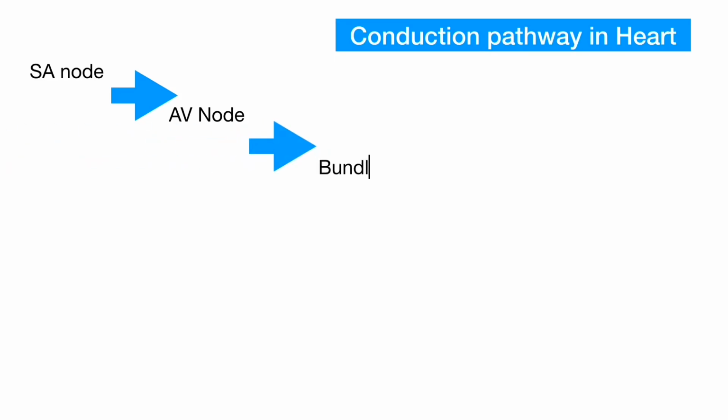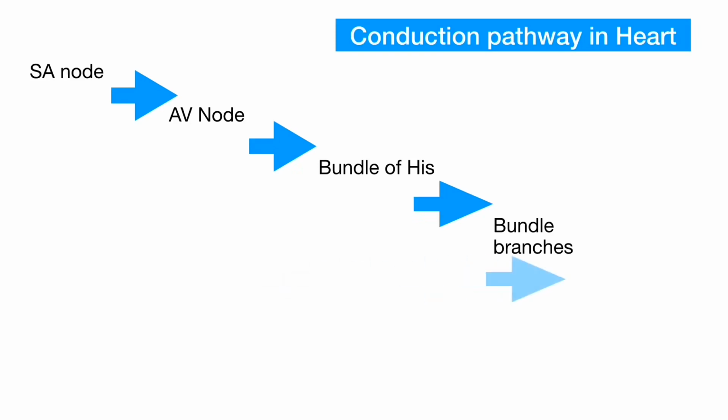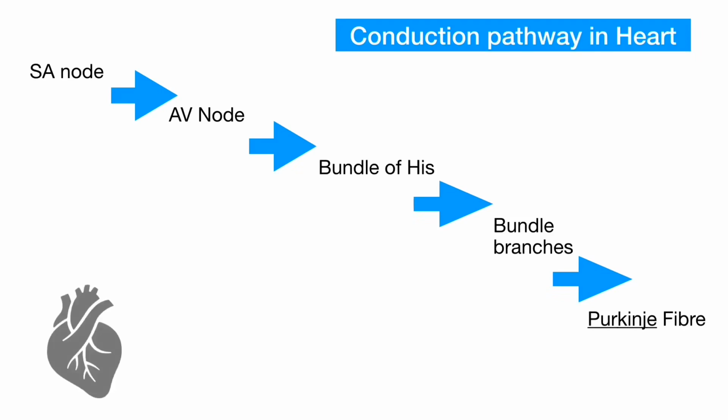In our first video, we have already discussed that depolarization normally begins in the SA node and spreads to the ventricles via the AV node and the bundle of His, the right and left branches of bundle of His, and the anterior and posterior fascicles of the left bundle branch. The conduction of this wavefront can be delayed or blocked at any point. Today, we will basically discuss the conduction problem in the AV node and the bundle of His.